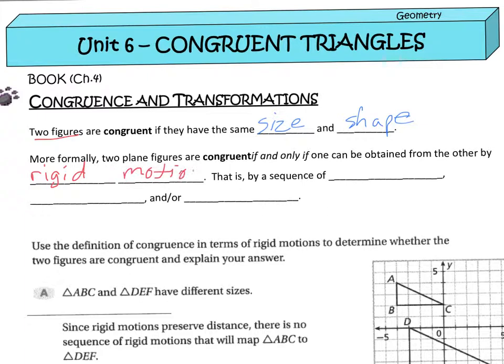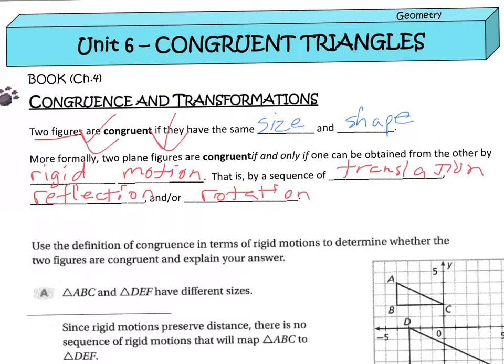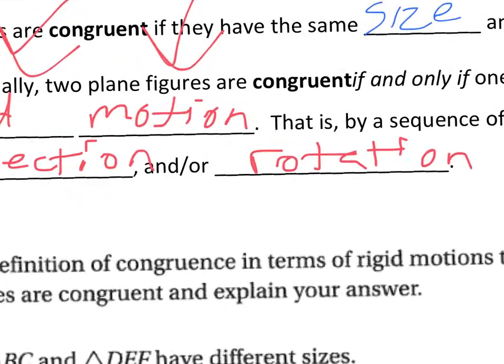And if you recall, rigid motion was when we moved a shape and we transformed it either through translation, reflection, or rotation, and if it kept its size and shape, then we said that it had rigid motion. Which basically all we're saying now is that if it has rigid motion, it's congruent. So what all this means is if I've got two shapes,